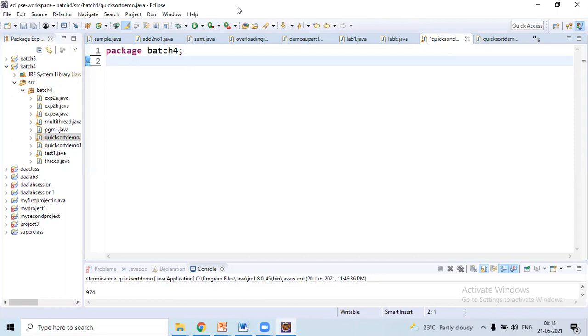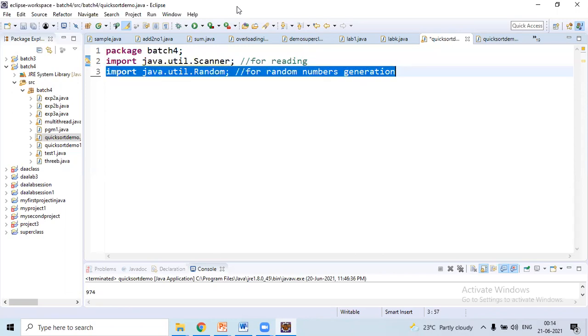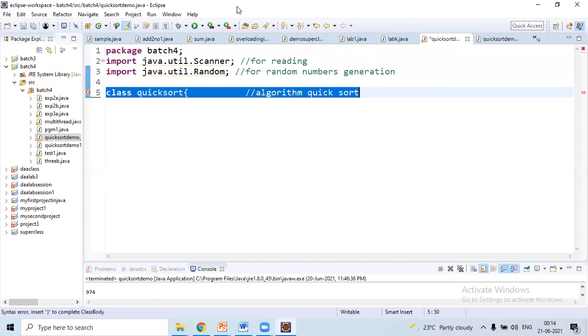The first statement is the package statement. After specifying the package statement, next we need to import java.util.Scanner for our reading purpose. Then after that we need to import java.util.Random for random number generation. Then next we need to start the algorithm